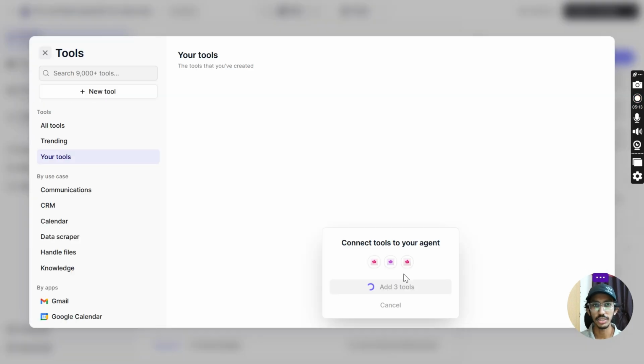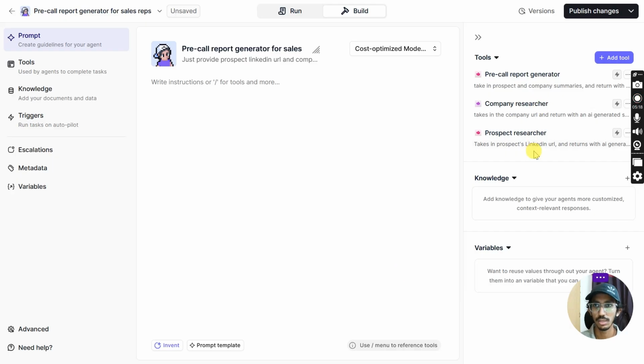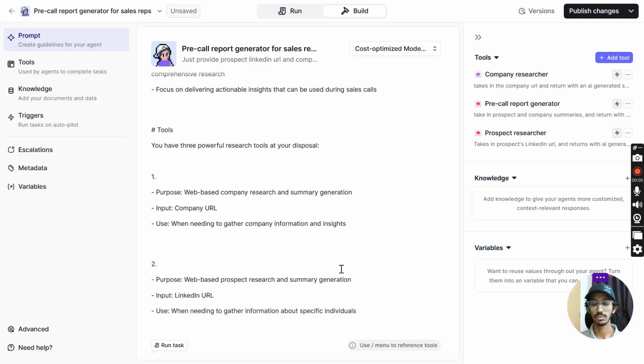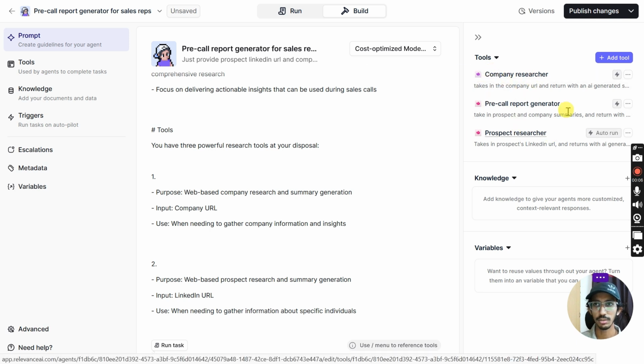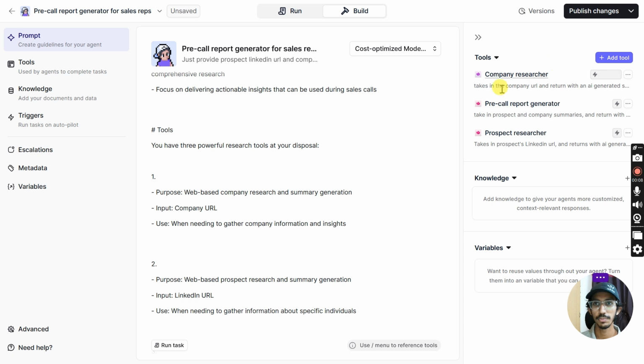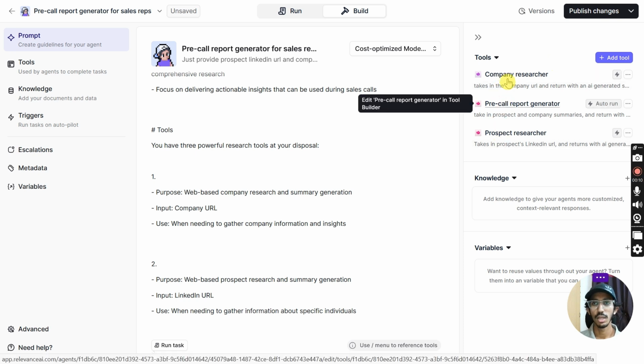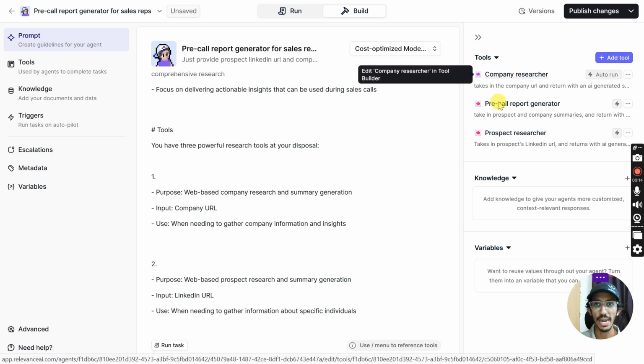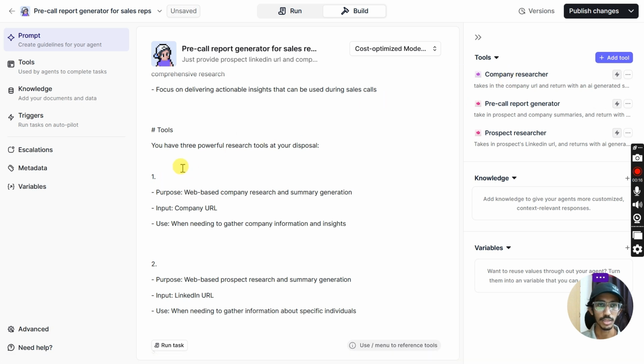We added the 3 tools that... Alright, so I have added my 3 tools here by clicking this button. So these were the 3 tools that I made. So now we need to add them to the prompt. So we can do that by